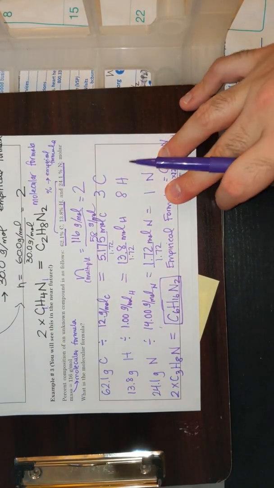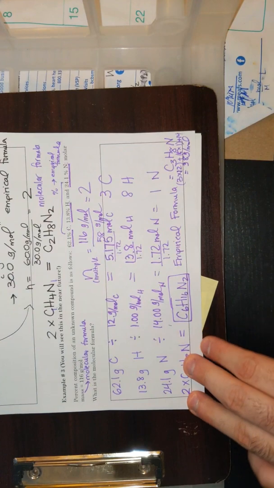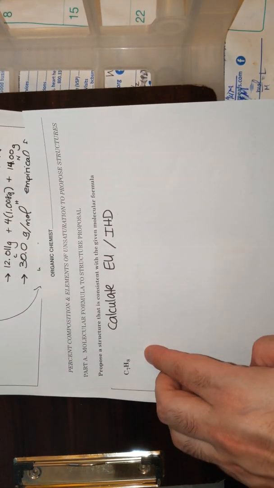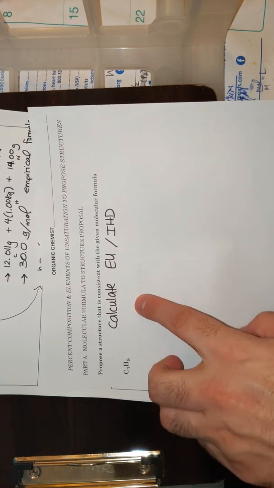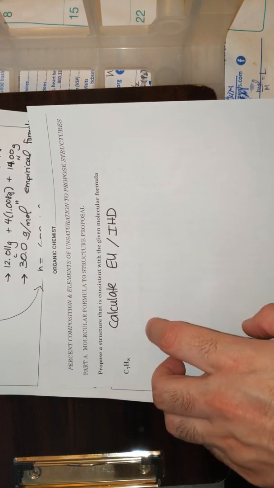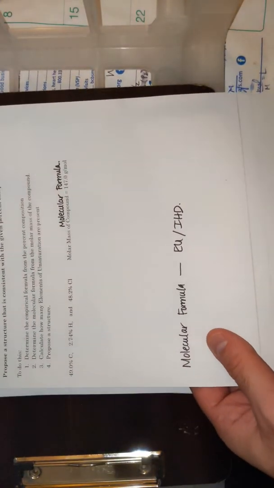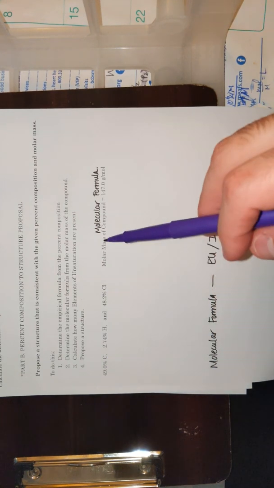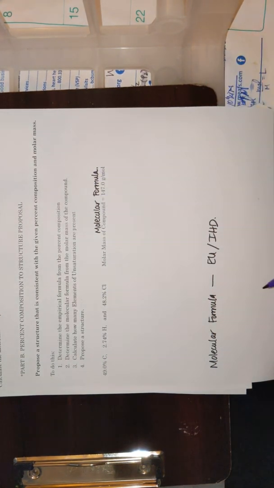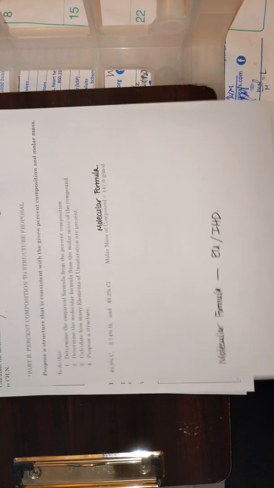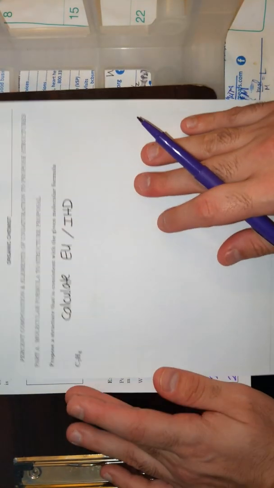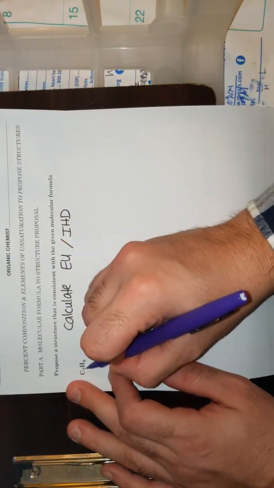I want you to use this information, and I want you to work on, if you have not already, the practice. There is a question on the front where it says propose a structure, C7H8, and you have to use EU and IHD and propose a structure that's consistent with that. And then on the back, I want you to do the same thing, where you get your percent composition and get the molecular formula, and then from that molecular formula, calculate elements of unsaturation and IHD and propose a structure. I'm going to do the front as an example of proposing a structure, so you could do the back on your own. C7H8,